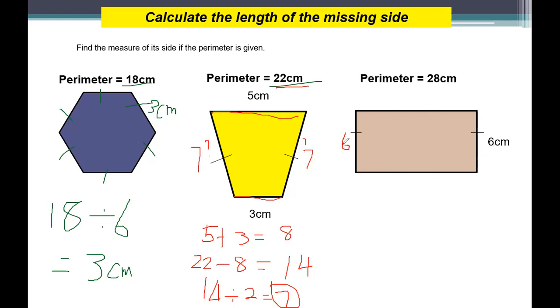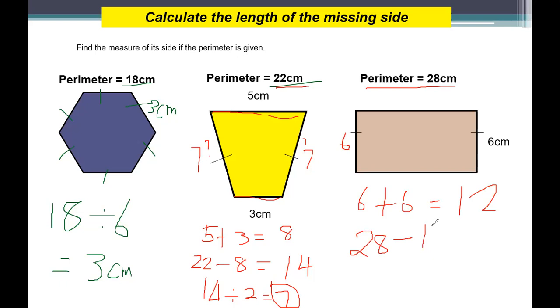Very good, it's 6 also. So what do we do now? Like what you have done here, we will add the given side. So 6 plus 6 equals 12. Then we will get the given perimeter, which is 28. So 28